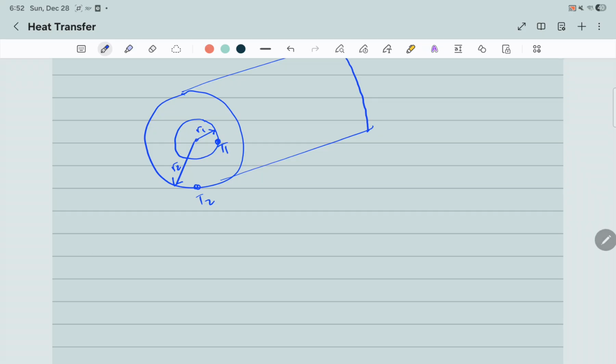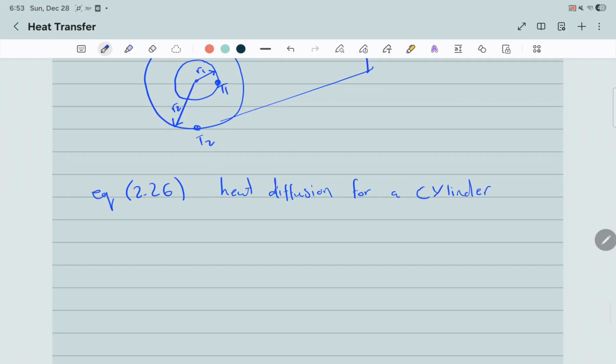So in the textbook it's equation 2.26, heat diffusion for a cylinder. Okay, so the equation is